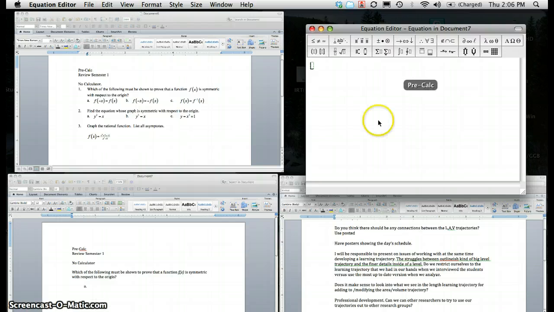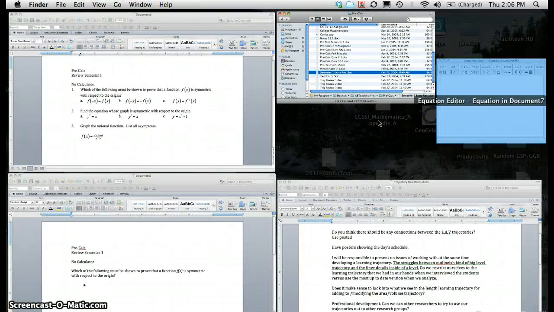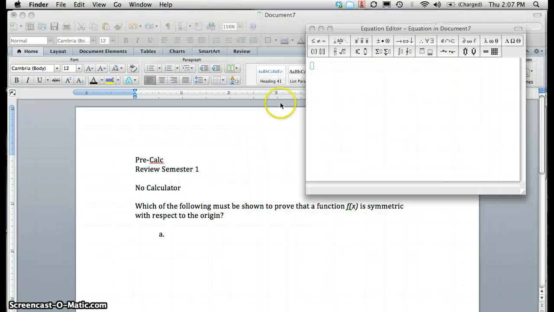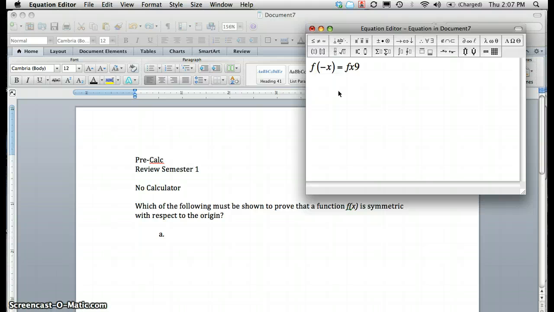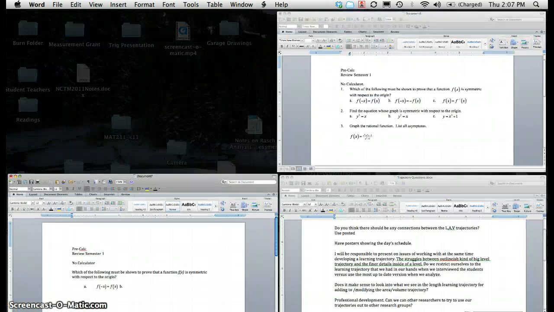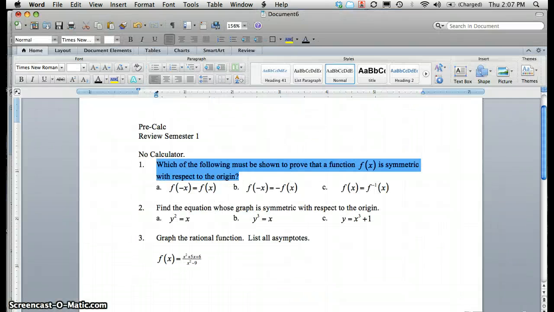So I need to type f of the opposite of x is equal to f of x, and I enter that one in, and I hit tab, and I hit B period tab, and